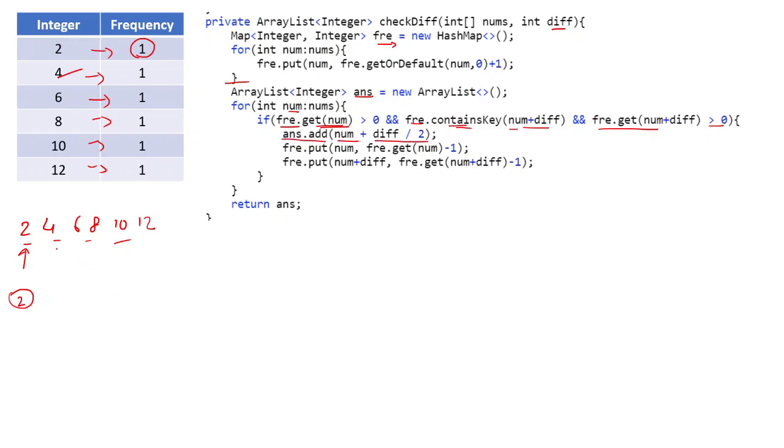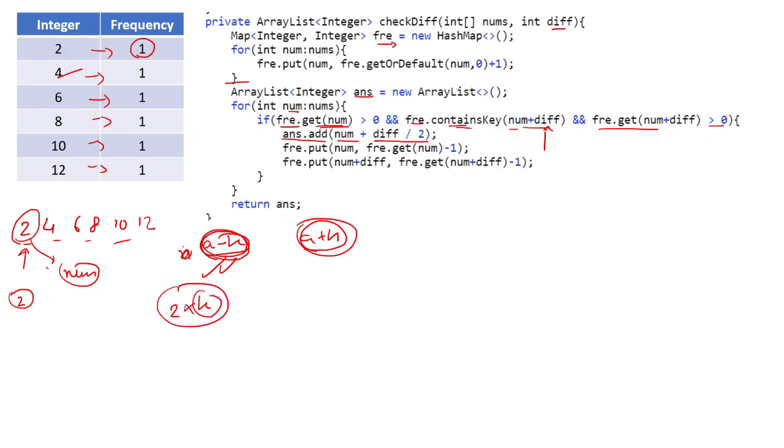Why am I saying that? Suppose this is our value, this num, but this num is formed from the original array, either a minus k or a plus k. But in this case we will consider it a minus k. Why? Because we have first of all sorted it. So the first number that we'll be getting is a minus k, and then this a plus k we are searching for here, right? That is why I'm considering a minus k and storing diff by 2. Why diff by 2? Because the difference that we have calculated was twice k. So our actual number will be k only, right? That is why I'm dividing it by 2. That is, this will be equal to k, and then adding it to the number, that is 2, and storing it.